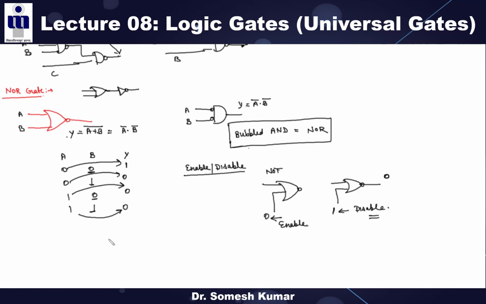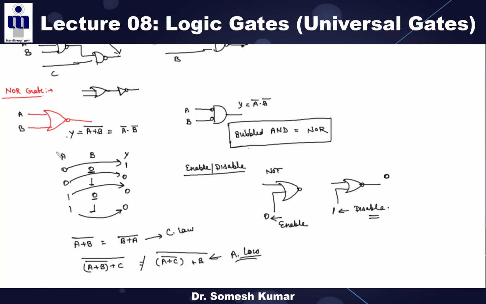Clear? So similar to your NAND gate, does this follow the commutative law or not? Yes, it follows the commutative law. We can write this. Now tell me, are both of these the same or not? No, right? We can verify it from the truth table. So your NOR gate follows the commutative law while it is not following the associative law.